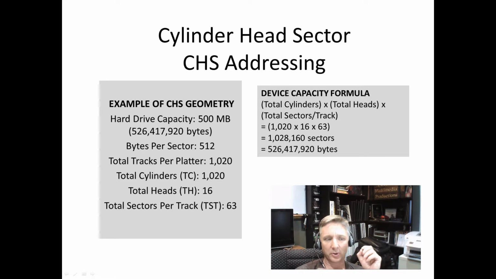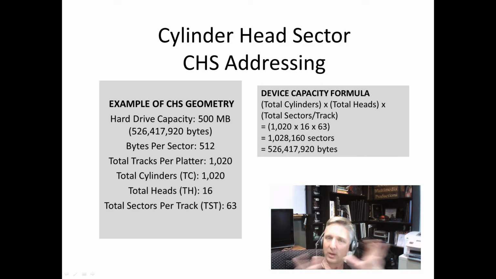And then you multiply that by the total number of sectors per track. Okay, so you multiply all that together. It's just 1,020 times 16 times 63, and that gives you a total of a little more than 1 million sectors. And then if you want to find out the total number of bytes, you multiply that 1 million